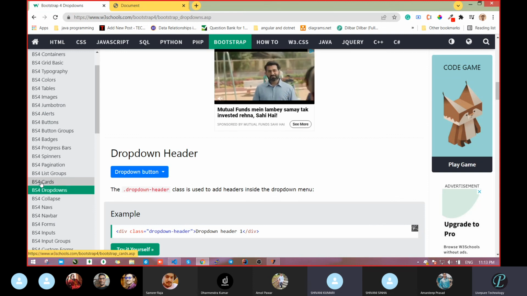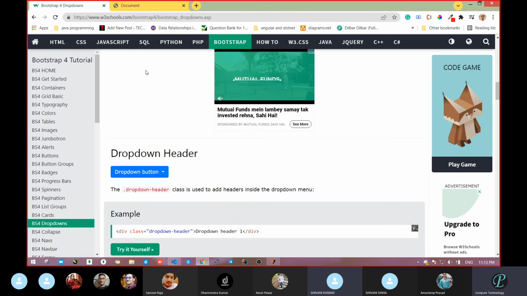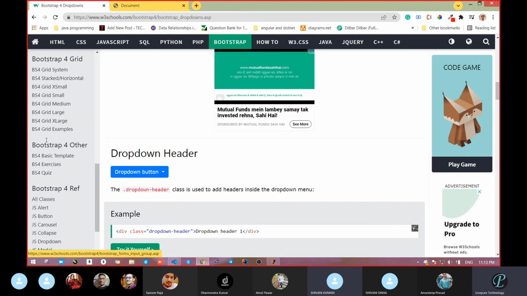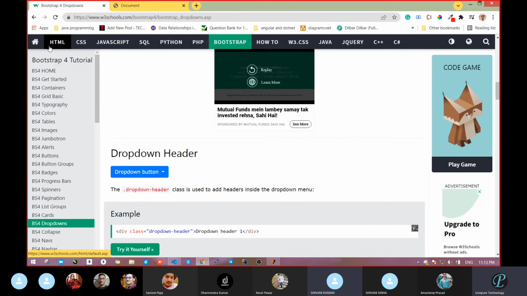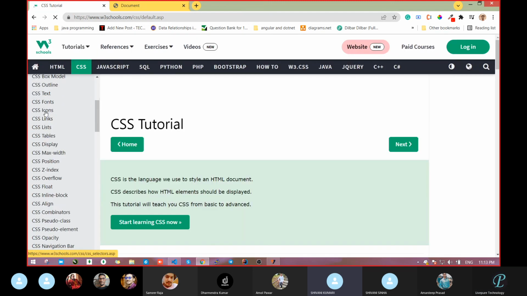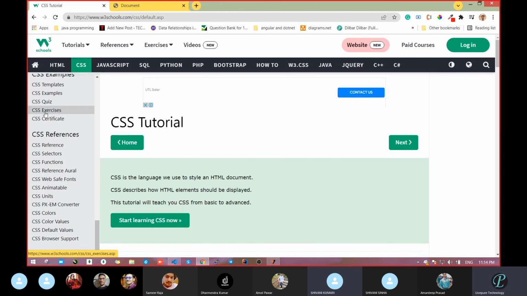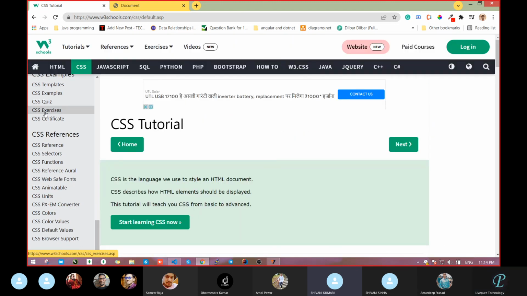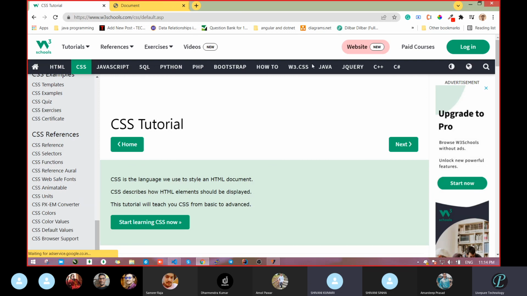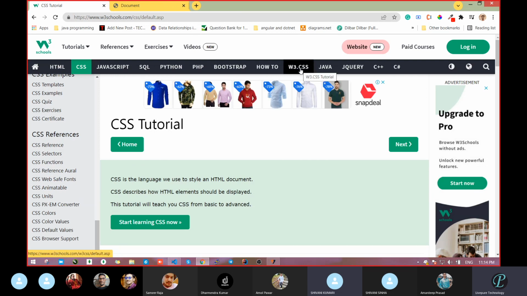Okay. Suppose whatever we are writing now, W3Schools has the same thing. If you want, you can use W3Schools also. Maybe in the CSS part, maybe it has the link. See, I am showing you somewhere that it already has. Sir, it's not there. Okay. So no need to remember all the classes, just a few minor classes we have to keep in mind. That's fine. No issue.